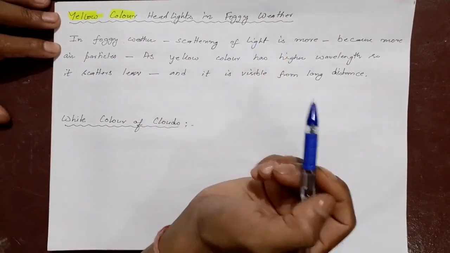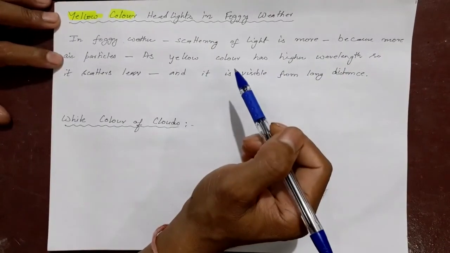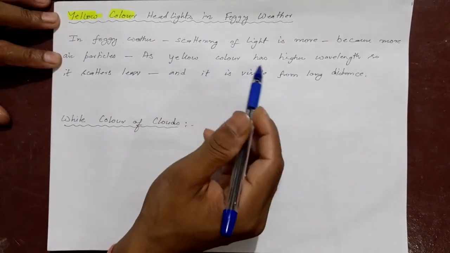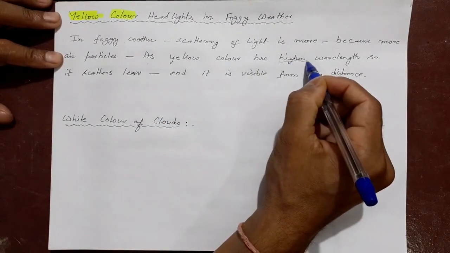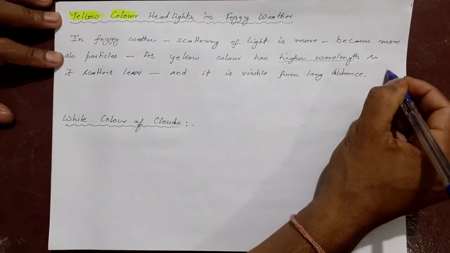Scattering of light is more. Why? Because there are more air particles. As the yellow color has higher wavelength, that's the reason. Okay, why? Yellow color has higher wavelength. How do you know it is higher? Because